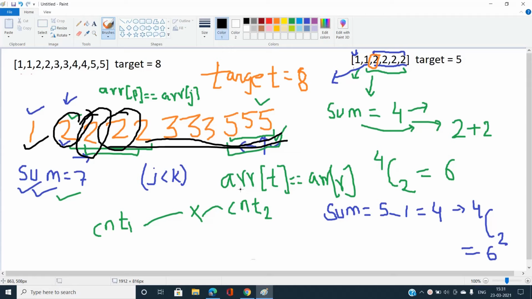Note that I am not going to use a tuple, I am going to use a pair now, because I have already fixed this one element, and I am going to subtract it from my target, and again find the number of pairs to the right of my current element that are equal to my new sum. Okay, so it is basically a two pointer approach now. So this was the main idea of this question. So let's move further to the coding part.